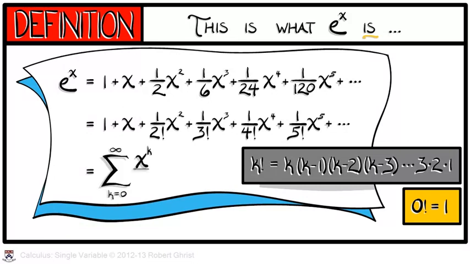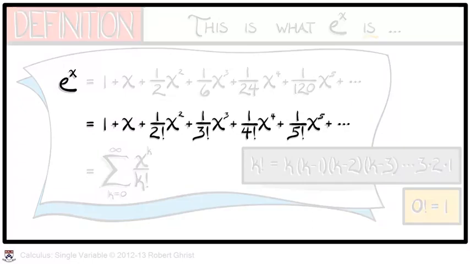Thus, we could write our definition for e to the x using summation notation, as the sum k goes from 0 to infinity of x to the k divided by k factorial. This is a formula that you are going to want to memorize,